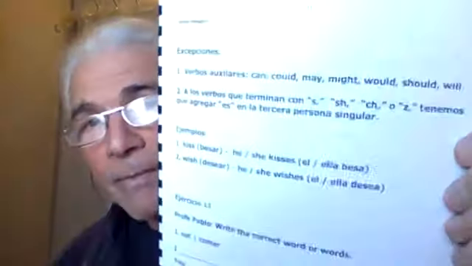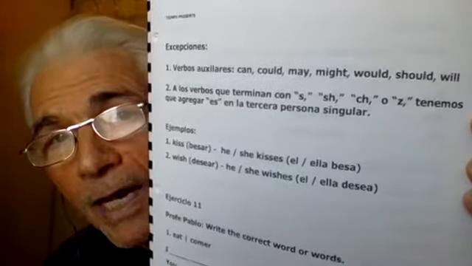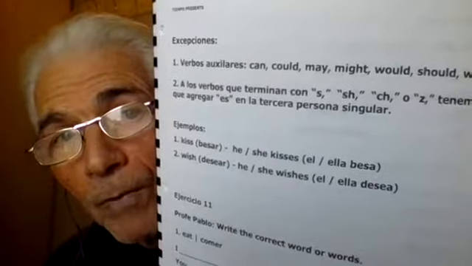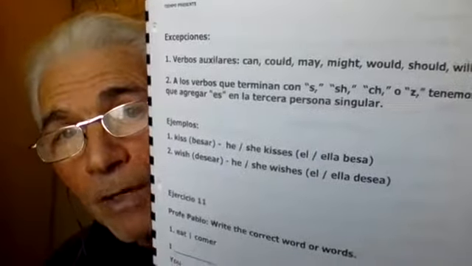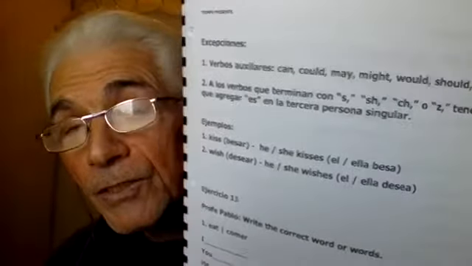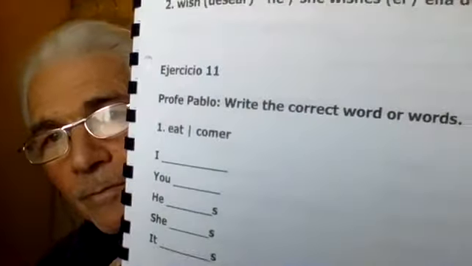The next page of my workbook, and also in the website Pumarosa, is I explain that the verbs we call auxiliary verbs or helping verbs do not change in the third person singular. And then at the bottom, exercise 11,